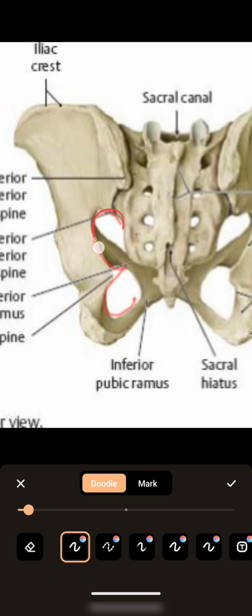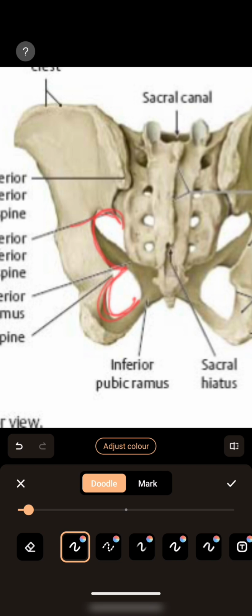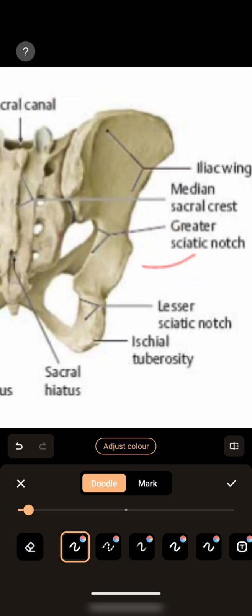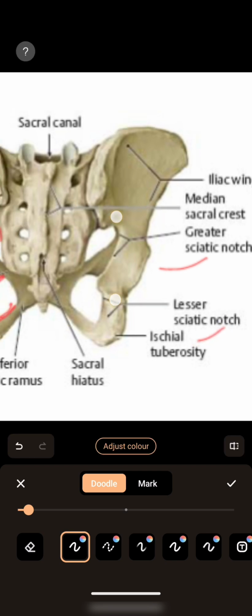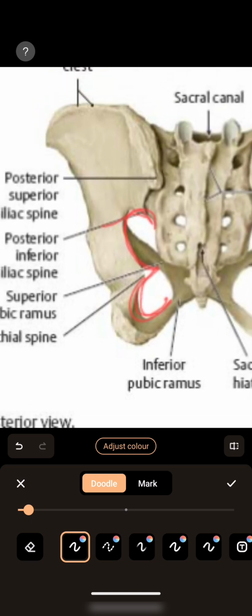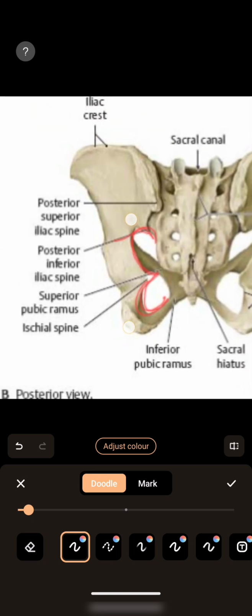This curve is a big curve compared to this lower one. So this curve is called the greater sciatic notch, and the lower one is called the lesser sciatic notch. The greater sciatic notch extends from the posterior inferior iliac spine to